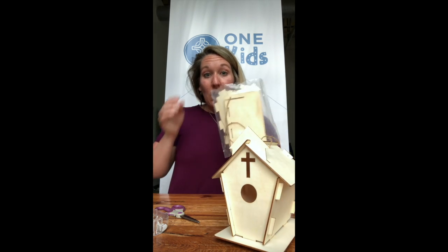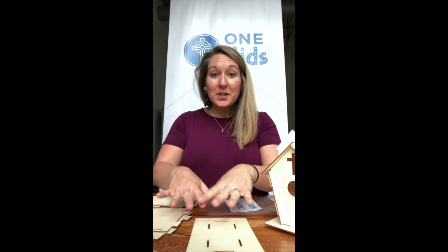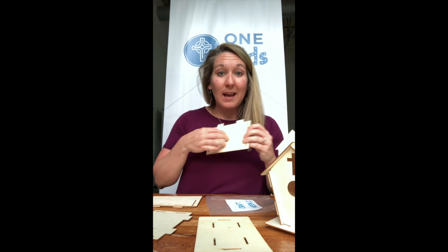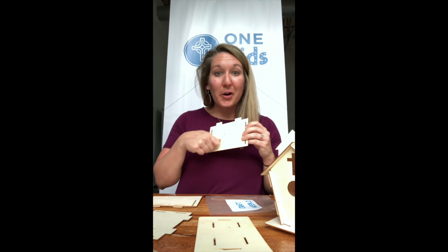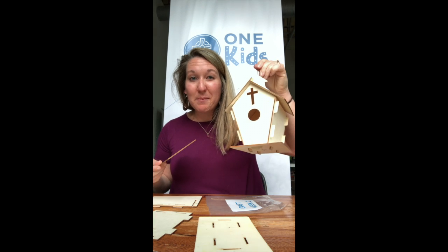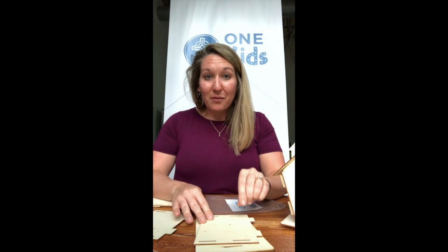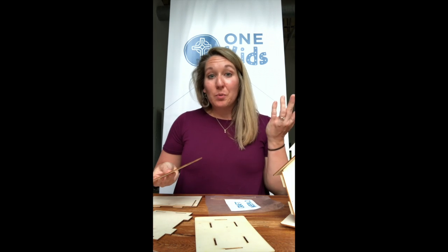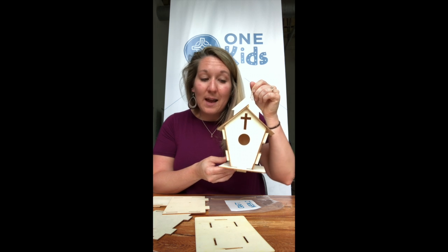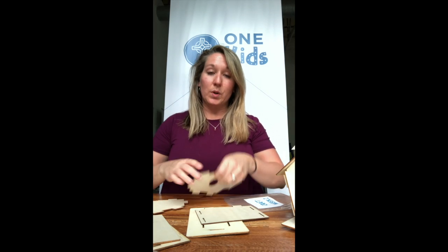So what you're gonna want to do is get all the pieces out. Once you have all of these pieces out, if you want to decorate them, I would use marker and paint them and do different things like that. Or you can wait until it's assembled like this. That might be a little bit more tricky. This is actually a really good way to color them when they're flat. So you can do whatever you want. Once it's put together, then you can put stickers on it or something like that, but probably wait on stickers until after it's put together. So we'll start with the front,